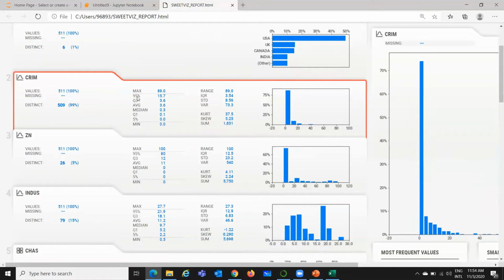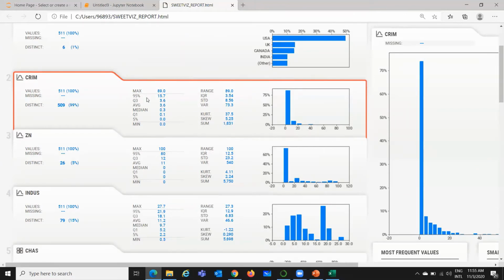So 95% is 15.7. So this gives you different quartiles. So range is 89. That means the total spread of value is 89. Interquartile range 3.54. Standard deviation, variance, kurtosis, skew, and the sum, every detail is available here.